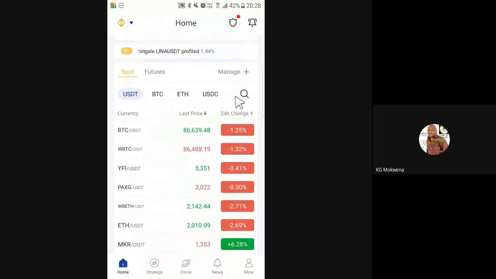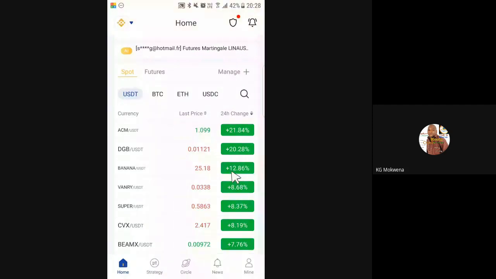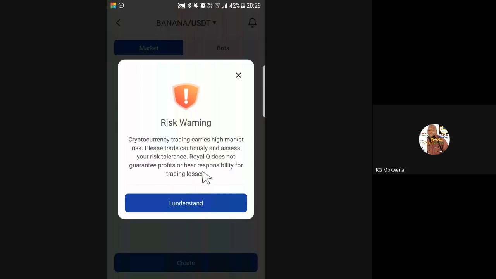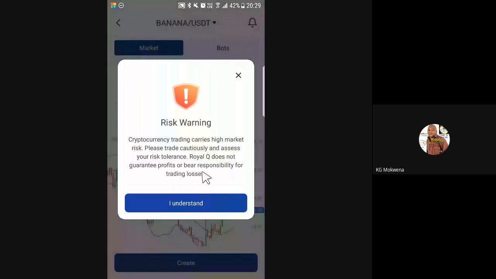You can see that we have 24-hour change. Let's click on it and look at those coins that have performed the most. Can you see Banana is now number 3, actually? 1, 2, and 3. This is number 3 in terms of the top performing coins. So I will click on it. The setup for Banana Business Partners was made through the